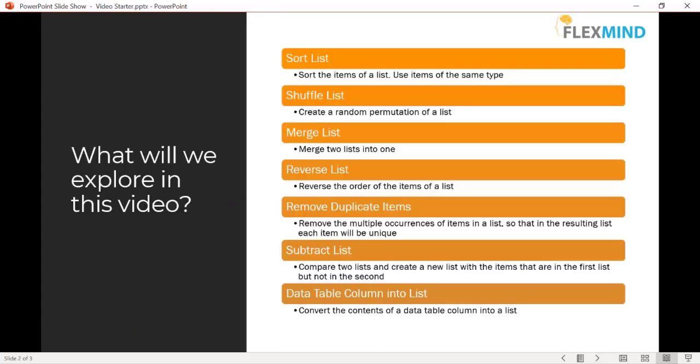In this video, we'll see sort list, shuffle list, merge list, reverse list, remove duplicate items, subtract list, and the data table column into list. Basically this will convert the contents of a data table column into a list. These are pretty self-explanatory, even though we'll see how we can use them in the flow.